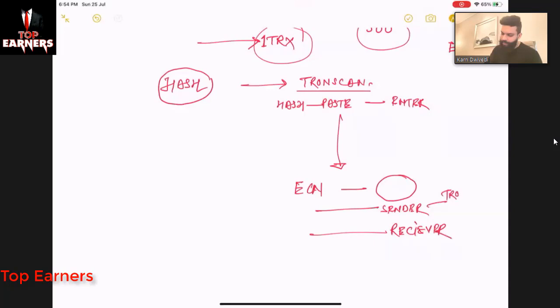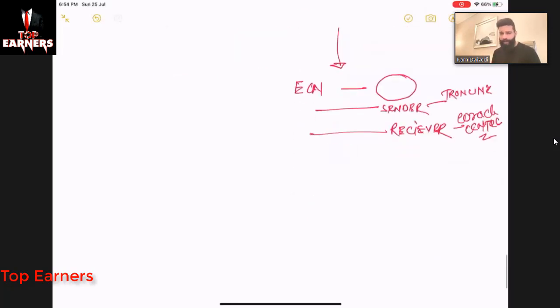You will see the sender is your TronLink Pro wallet that you can match also, and the receiver is your eOracle ECN TRC20 wallet address. So you can validate. Any question you get from your team, you ask for the hash and ask for their ECN TRC20 wallet and match. Okay, if it is matched, you know, you need to be ready to answer this question. It's very simple steps. So please train your team accordingly. All right.